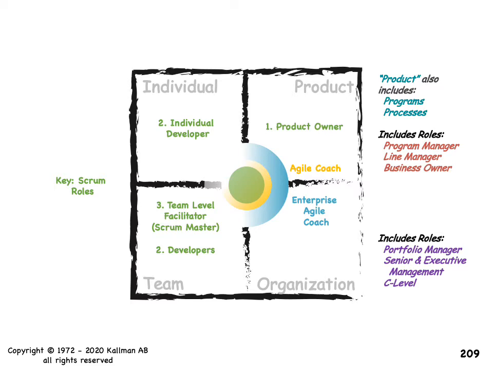And this is where this corner gets a little fuzzy, because if you remember the different languages, this box speaks both the language of management and the language of leadership, which is the lower right corner. The Enterprise Agile Coach does everything that an Agile Coach and a Scrum Master can do, plus they work primarily with portfolio level and up, working with the senior and executive management and the C-level, helping them understand what it